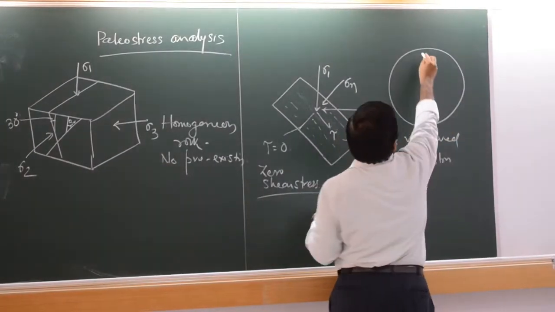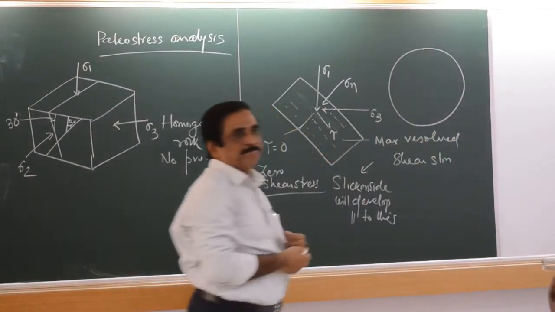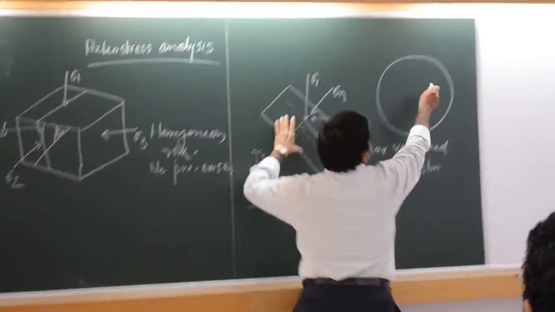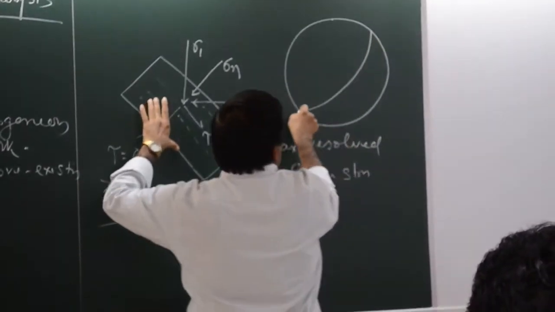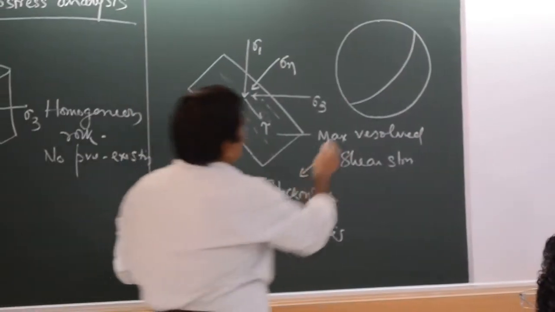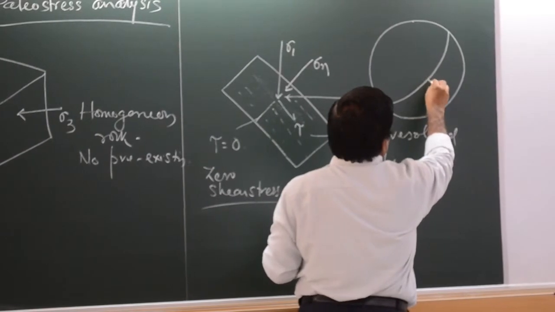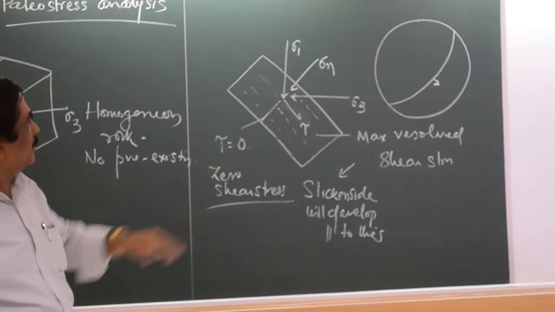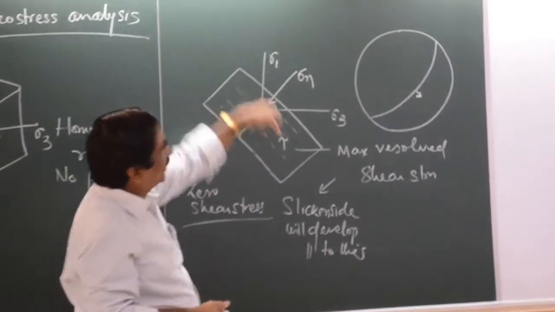and then I asked you to draw a stereonet. So in this stereonet, plot the fault plane first. The fault plane is like this, you know. The secant sides will be here, no? Like this. The secant sides are like this. This is the fault plane. These are the secant sides.